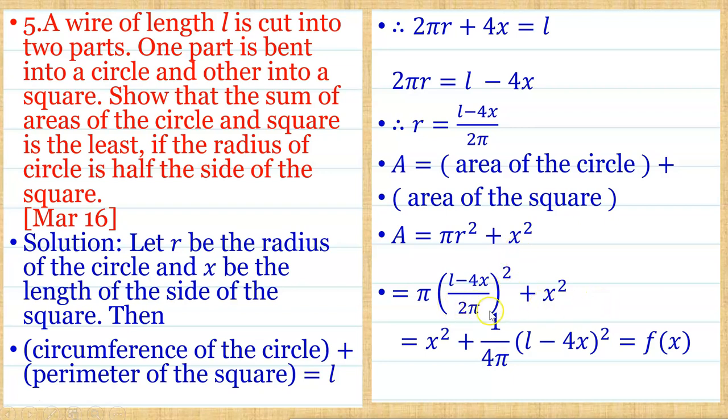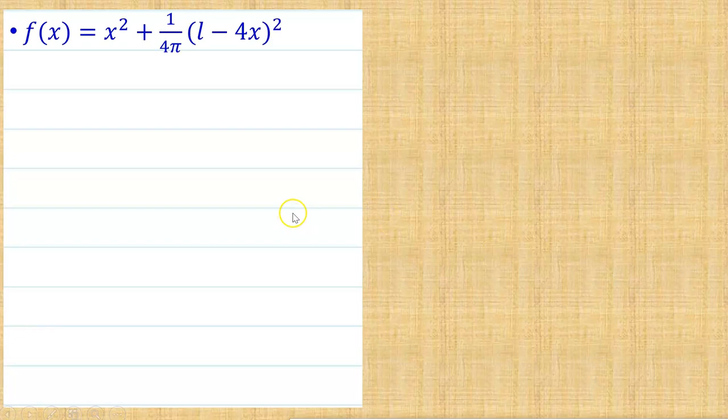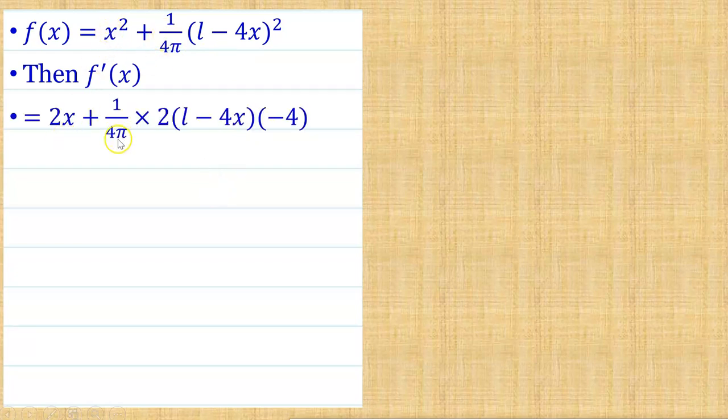Now again we will simplify this. Here x square, then pi upon (L minus 4x upon 2 pi) whole square. If we square 2 pi, here you will get 4 pi square, that is pi upon 4 pi square, which is nothing but 1 upon 4 pi, and (L minus 4x) whole square as it is. And then we treat this as the function. Now the next, f of x is equal to x square plus 1 upon 4 pi times (L minus 4x) whole square. For f dash of x, we take the derivative: the derivative of x square is 2x, plus 1 upon 4 pi,